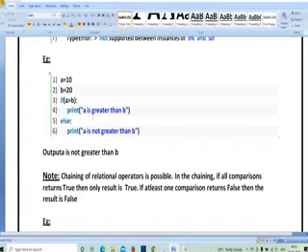So let me give you a small example. For example, if you are writing an exam, the passing mark of the exam is 40. So here I am giving a condition: if marks are greater than 40, print congratulations. If marks are less than 40, print please try again. So what is the output you are going to get?